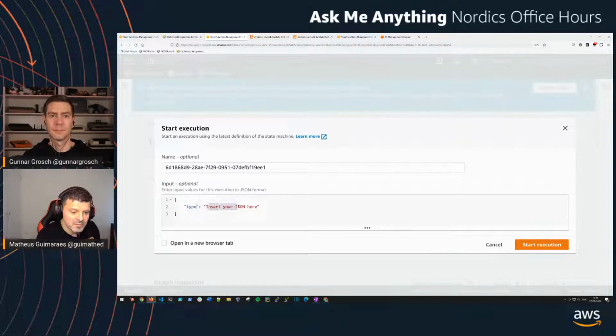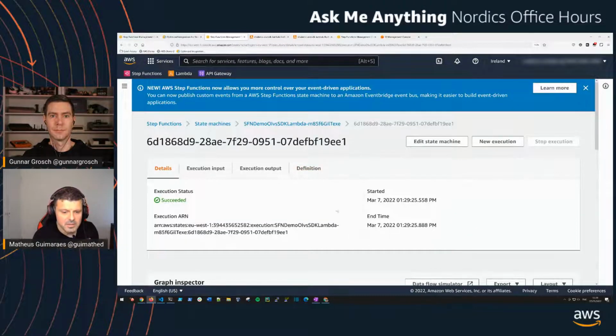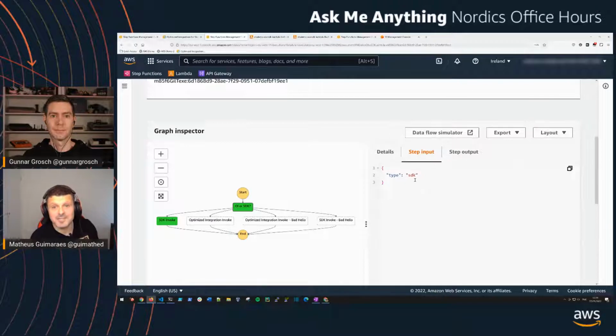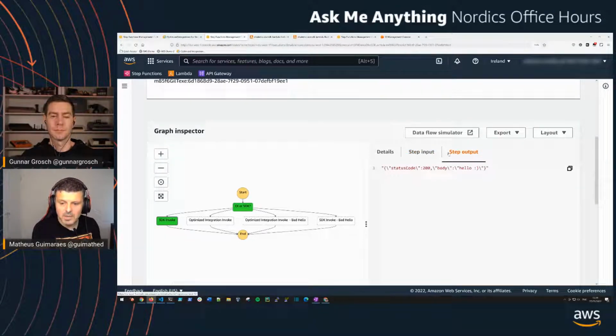We are now going to invoke this via SDK by typing type SDK here. And hopefully, unless I've done something wrong, this should execute via SDK. Yay! So same thing. Input was, well, actually, no, this time wasn't rubbish. It was actually proper type SDK, which made our choice state evaluate as I'm going to go to this step here, which is invoking as SDK. And then when we get here, OK, fantastic. The input was SDK. It doesn't matter because the Lambda doesn't take input. And the output was,